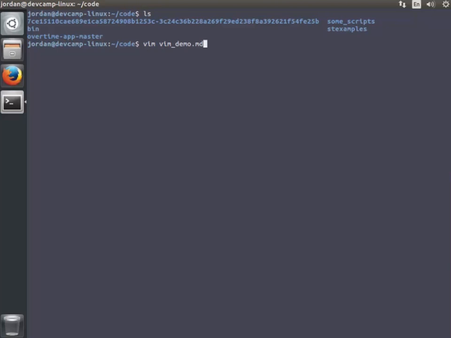If you've never seen a .md file, MD stands for markdown. Markdown is a very, very simple language that allows you to easily style websites that have the ability to render markdown. If you're familiar with the GitHub system, this is how all of the readmes are actually written. Very helpful tool, and it's something that I write in on a daily basis. And one of the nice things that Vim does is for languages that it knows, it'll actually give you syntax highlighting. So I'm going to type Vim space and then the name of the file,